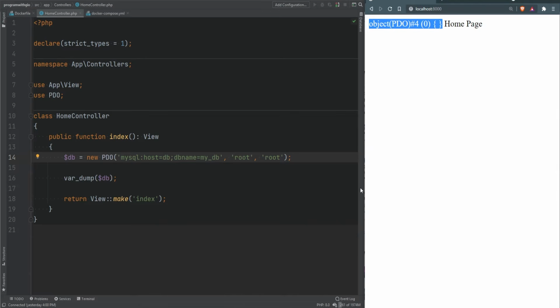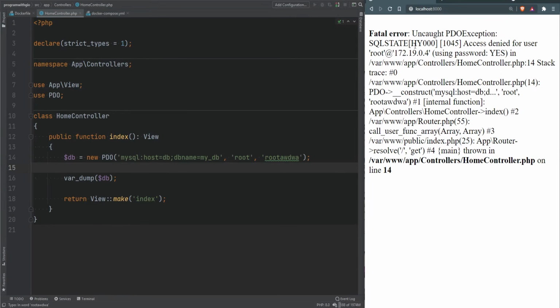Let's trigger the exception again, because there is a big problem that I want to point out. I'm going to provide the wrong credentials here so that we could trigger the exception, and let's refresh the page, and sure enough, we get this exception. But notice that within this exception, we're actually exposing the connection details. We have the full DSN here, and we also have the password, which is not secure,